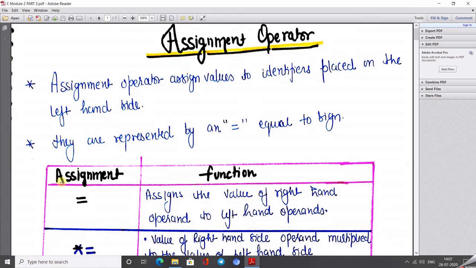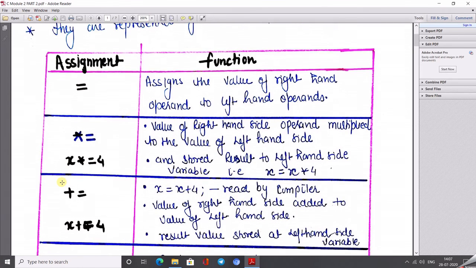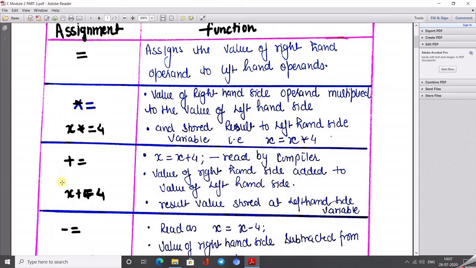There are writing styles I mentioned in the table below, so look at these carefully. Writing the simple equal sign just assigns the right-hand side calculated value into the left-hand side variable. But if we write star equal, what does it mean?